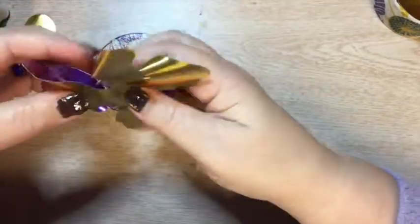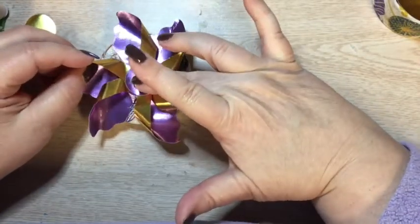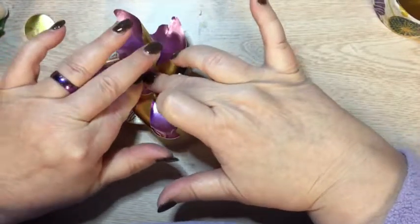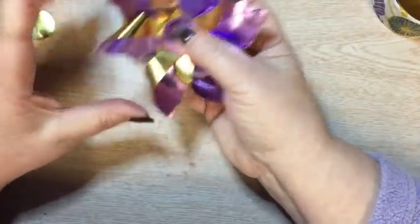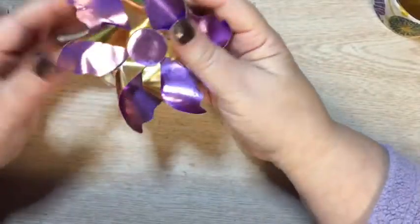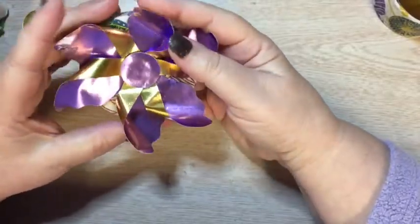Now you could use something more permanent if you wanted to. I'm just using the craft version, but you can use permanent if you want. And then I'm going to attach that to the top of the box, and then I can lift the petals up a little bit. And I thought this would make a really cute gift box for a piece of jewelry